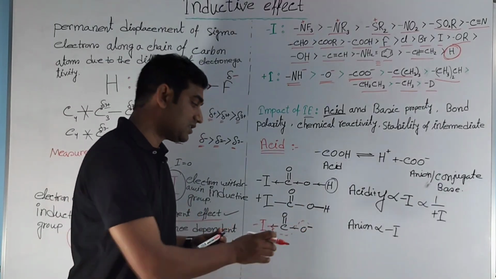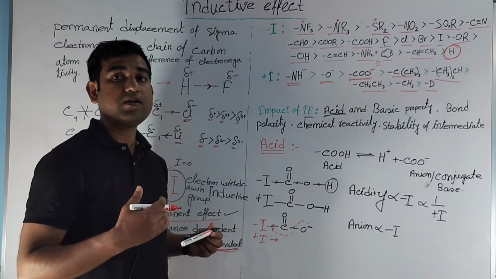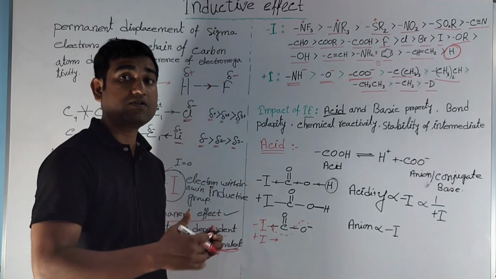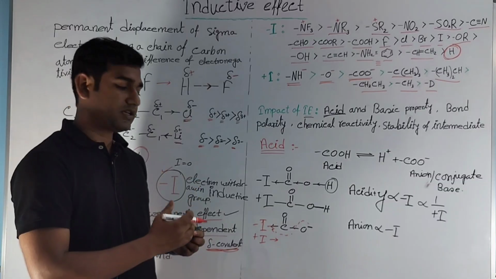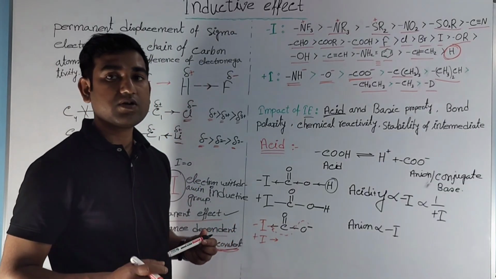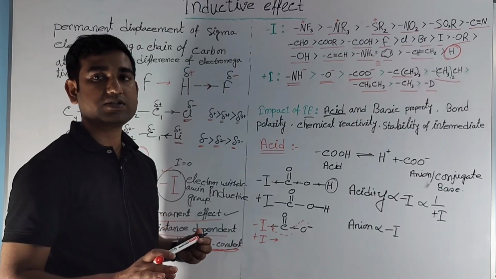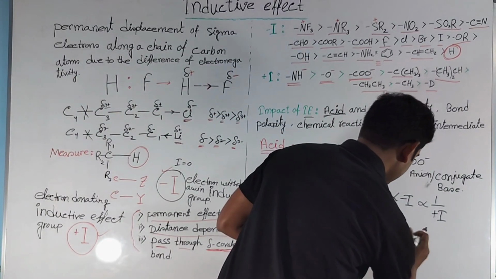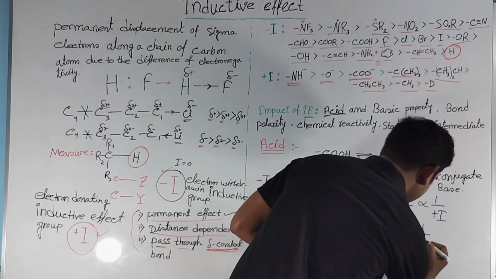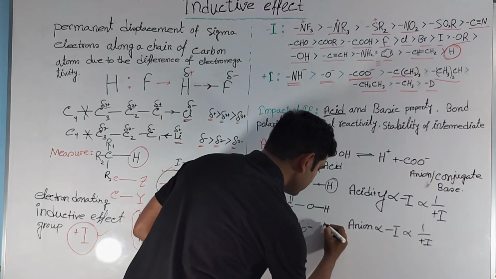Push the electron means charge is there, again is push the electron, so it will become more unstable. So anion का stability डिक्रीज हो जाता है. जब कोई प्लस आई ग्रुप रहता है तो एनायन का स्टेबिलिटी डिक्रीज हो जाता है. एनायन का स्टेबिलिटी डिक्रीज होने से एसिडिटी डिक्रीज होता है. सो इनवर्सली प्रोपोर्शनल टू प्लस आई ग्रुप. एनायन मीन्स एसिडिटी